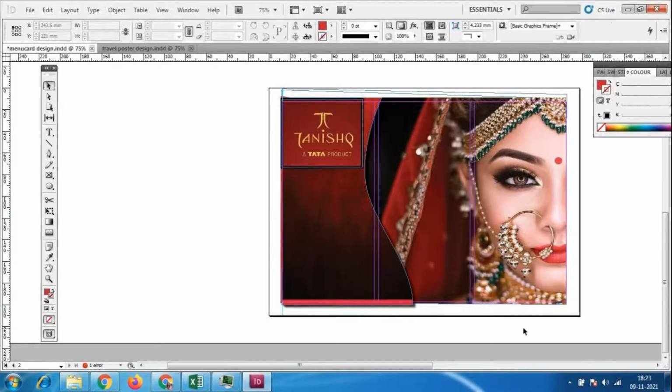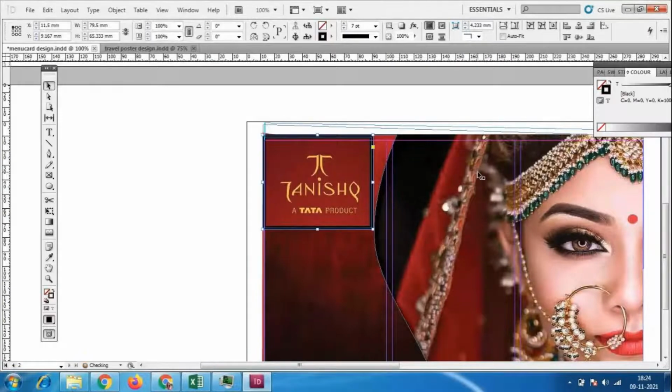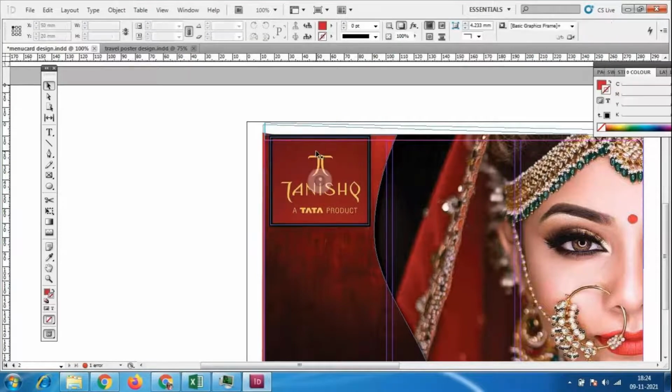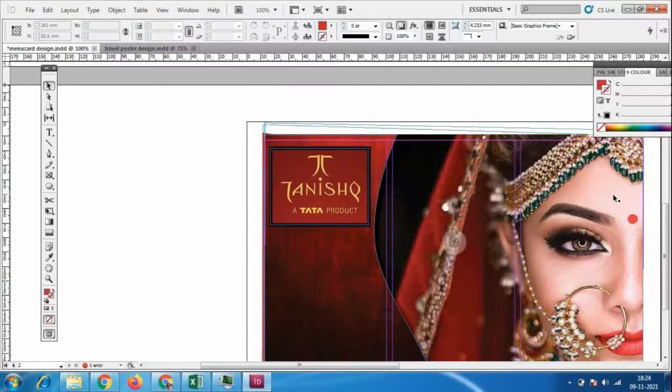Okay, so we can see the curve shapes also. With that, we have this company logo also like this. Like this we could add the designs, and like this we could add the thing.